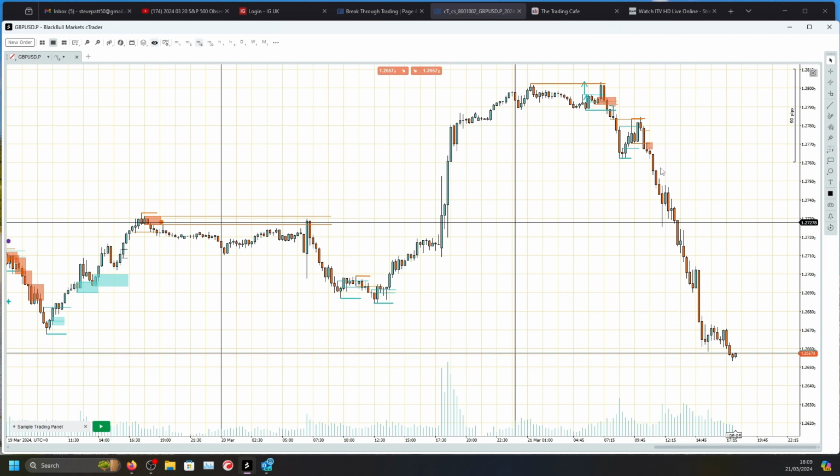It's not news generated. Like here, it was news generated. Most of these swings are, I'm quite happy to take 22.5 pips with a 10 pip stop loss,